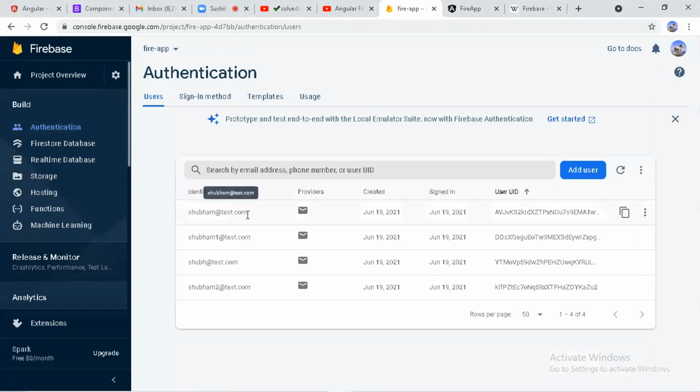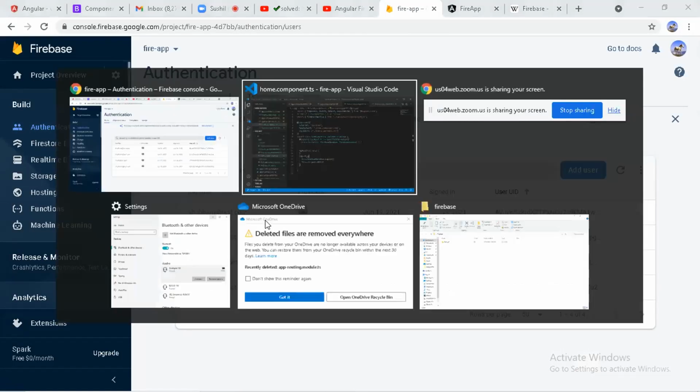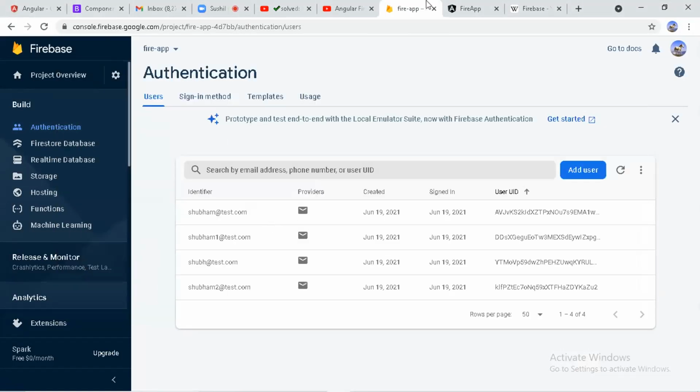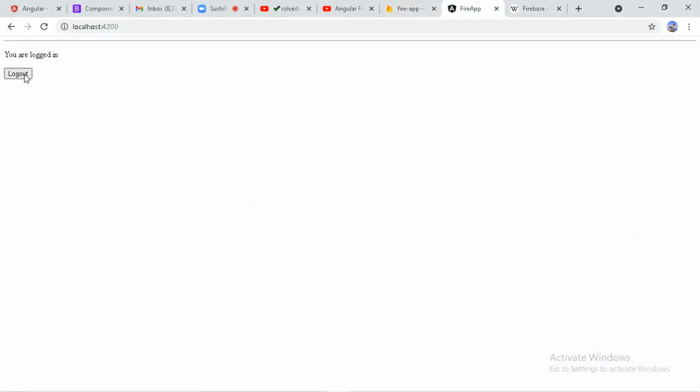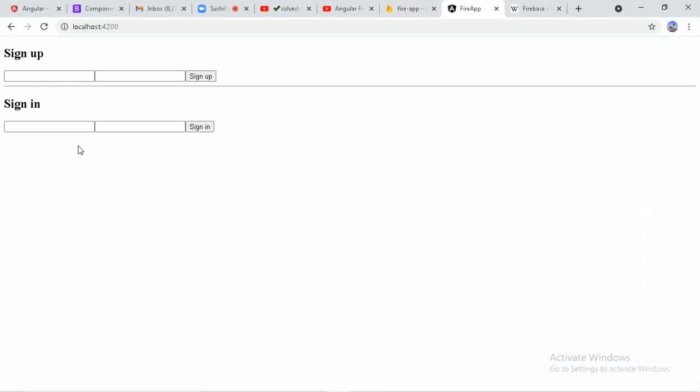That's why I got logged in. And whenever I log out, it redirects to the previous page on my Angular app.